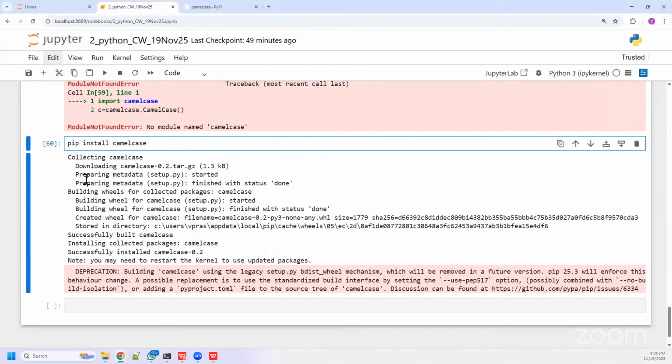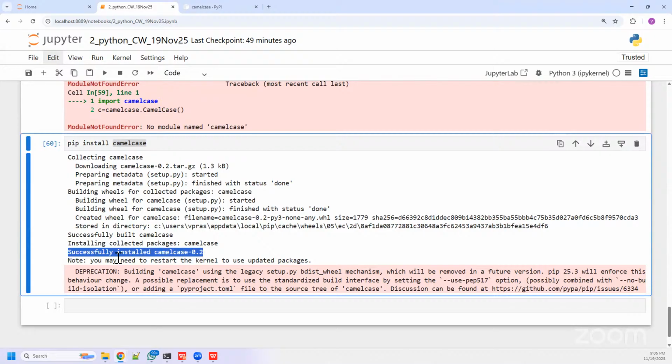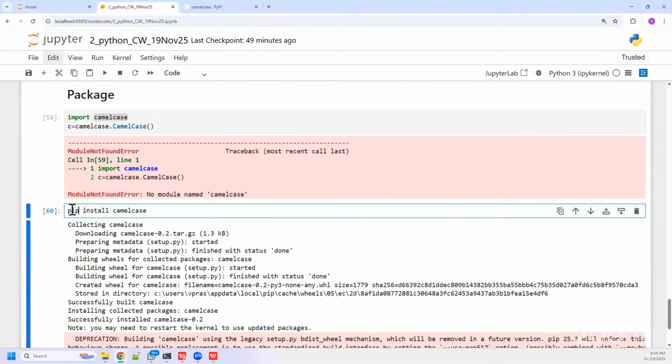So now I'm able to install camel case into my system. There are no errors, and it has clearly mentioned that it successfully installed camel case. As I haven't specified any version, the latest version will be installed in my system. Good. Now I am able to install it. So this is the syntax: pip install, and whatever third-party library I need, I put it here, and then it gets